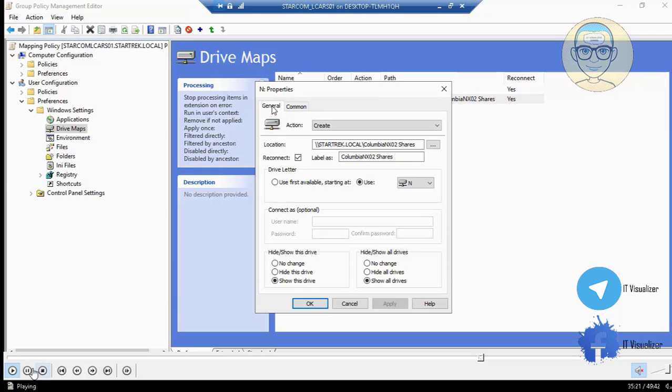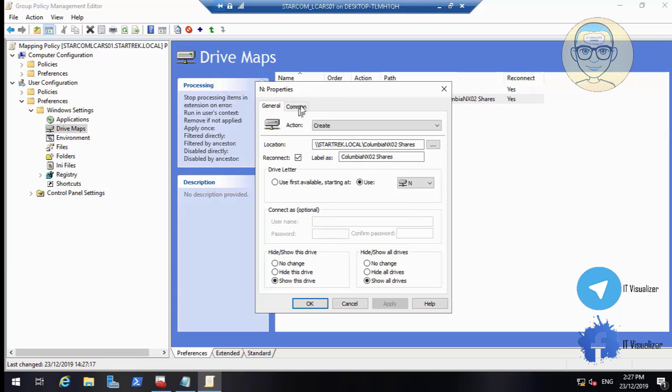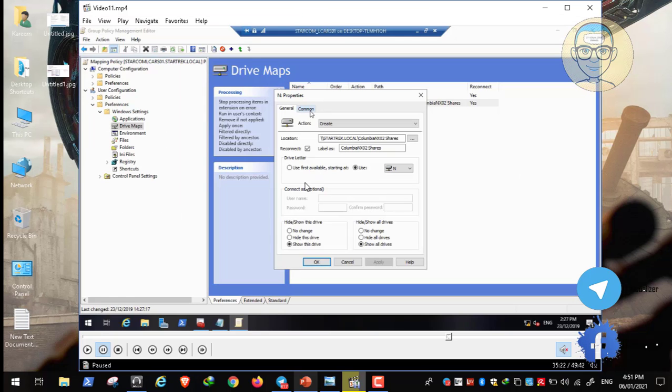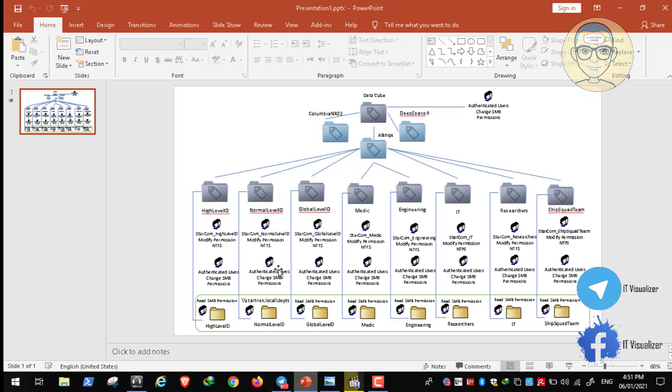So here we have just paused it. After doing all of this, we have our network map drive group policy, so everything is fine. We need to test it on a user, but before doing this I need to remind you all to do the